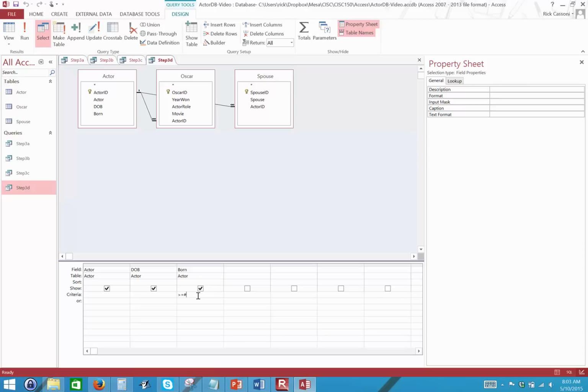Since this is a date, we're going to put the hashtags around this. And that means date in Access. So we're saying it's a date field. So if we do this,